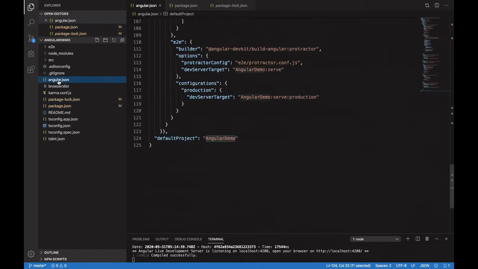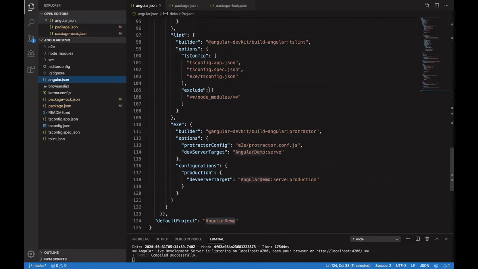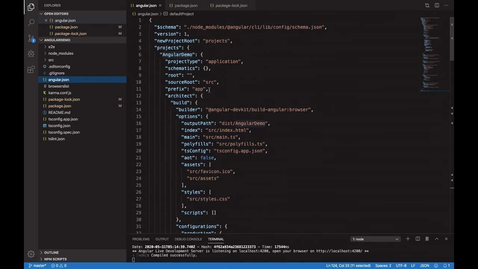As I had already told you, the angular.json file will get generated if you are running Angular 6 or a higher version, and if you are running a version below 6, then angular-cli.json will get generated. This is the file which defines the structure of your app, and we can change the key-value pairs in this file while generating your application. It will ask you what name you want for your Angular app, and that name will come over here.